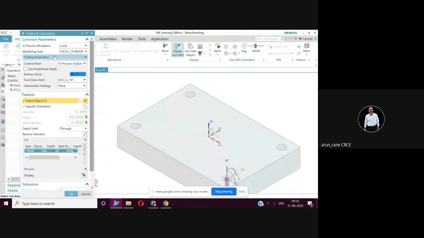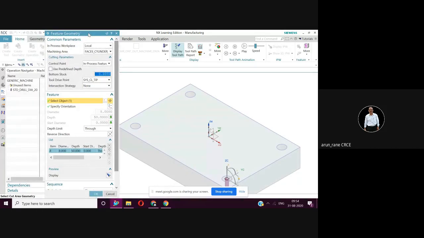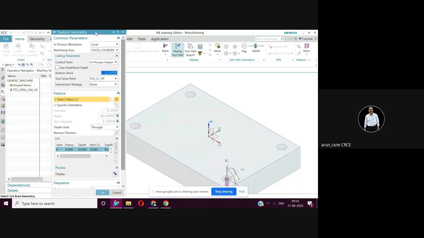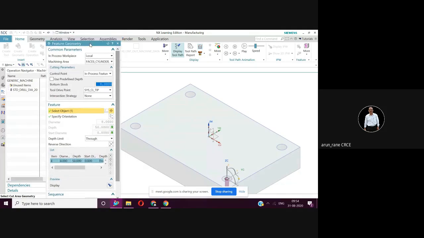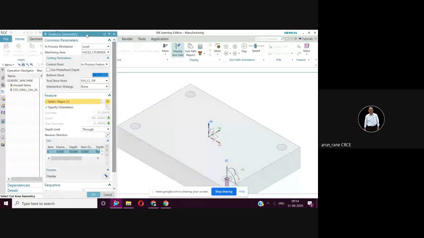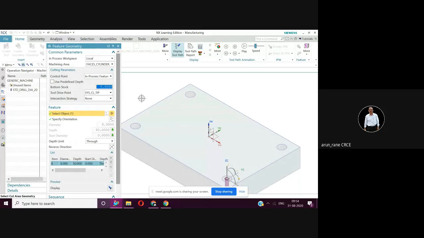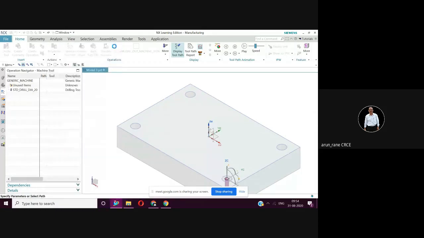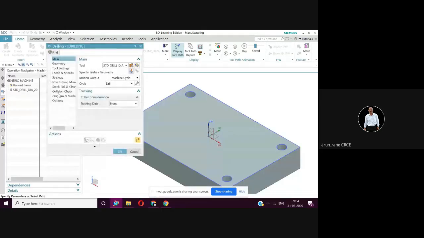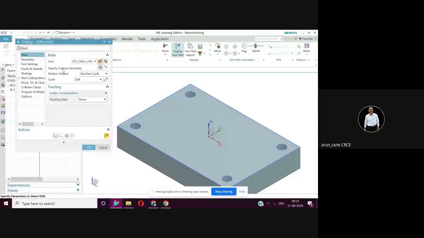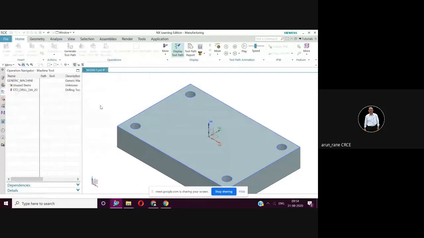No other parameters here. Any mistake I am doing? Look, see, this is feature geometry. So actually the operation is drilling.